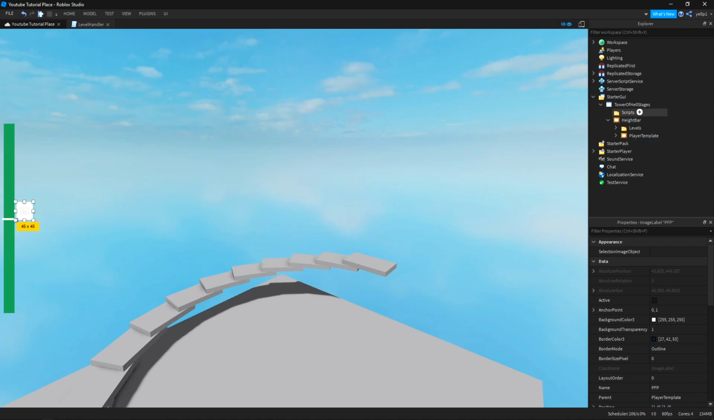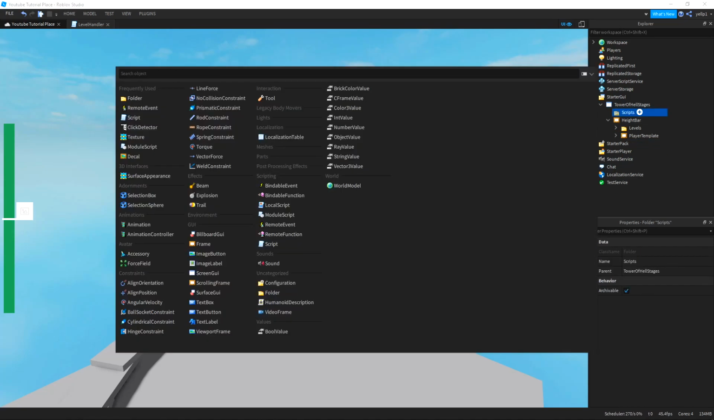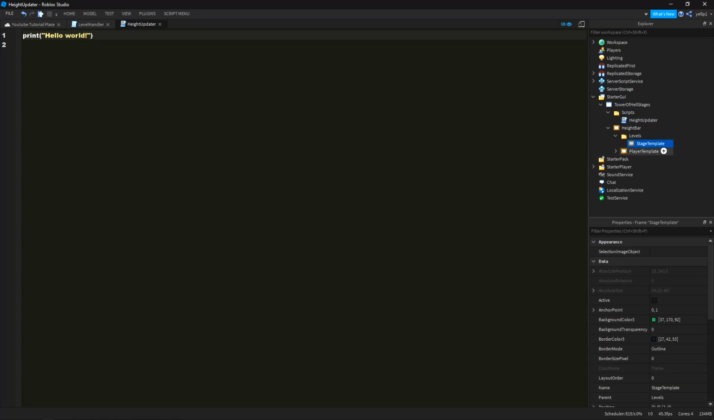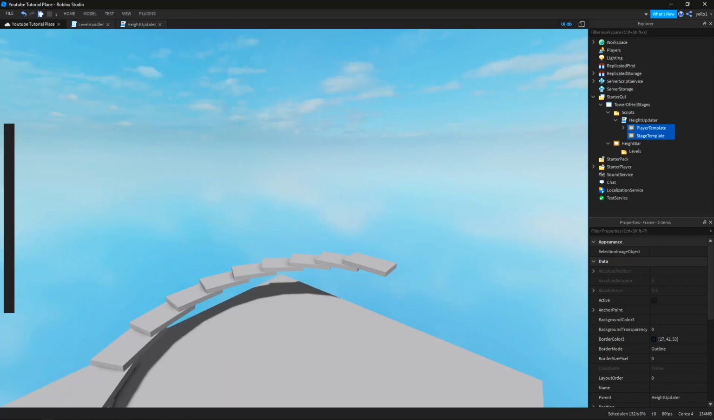So first off, inside of scripts, insert a local script like this, and name it height updater. Now you want to take the stage template and the player template and put them inside of the height updater script. Make sure that they're named properly too. Player template should be the little bar that shows your height, and then stage template